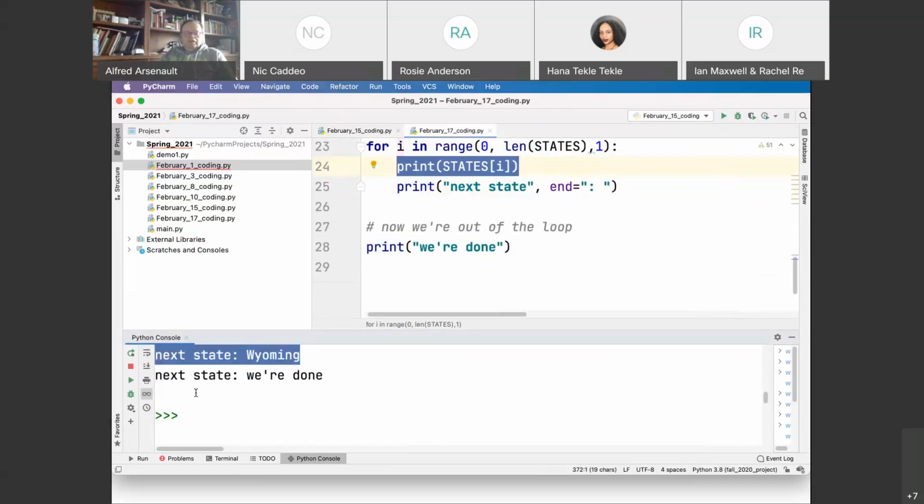Now print this thing on the next line. Now states equals 50. Our length is our I equals 50. 1 plus 49 is 50. So